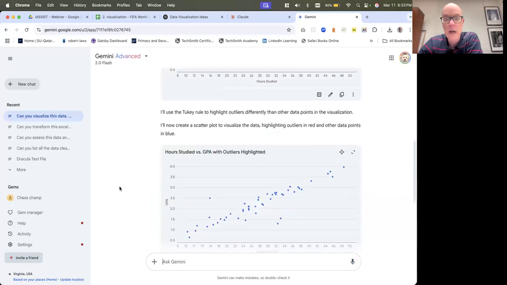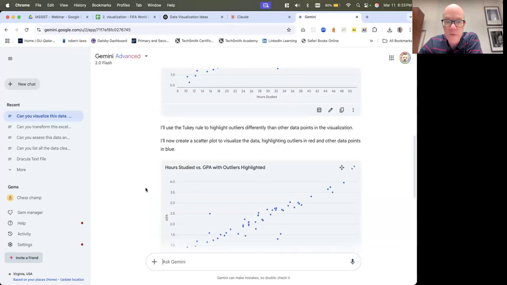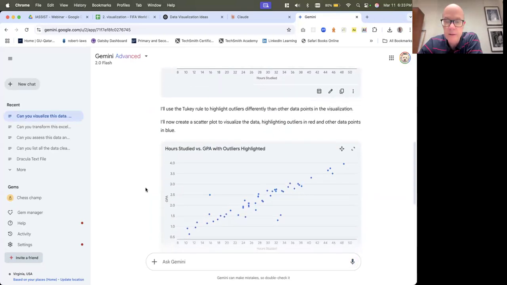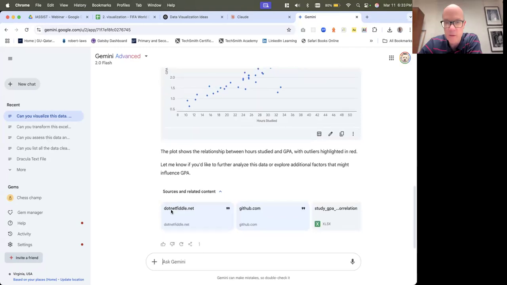Let's see. Okay. As we go further, it does have outliers highlighted. Aha. So it's highlighting it within the tooltip. As you can see, this is an inlier, and it's identified. Well, it's not really saying that these are outliers. Okay, so it's interpreting what it thinks the outlier is. Now that could be based upon some sort of calculation, but I'm not sure.